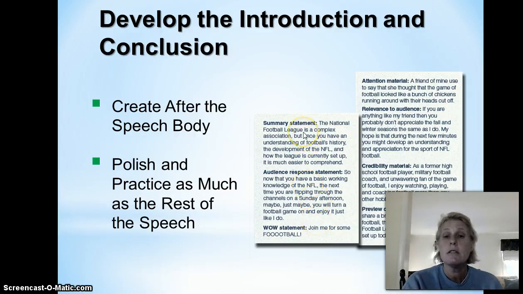So summarize in your conclusion your main points again. The audience response statement, okay, a response in a sense that, why it's important to your audience to know this information, how they can use the information. If in a persuasive speech, you're definitely going to be asking for that appeal, and we'll talk about that more, what you want them to believe or what you want them to do. And then a wow statement in a sense of relating it back to the topic, just as a good ending